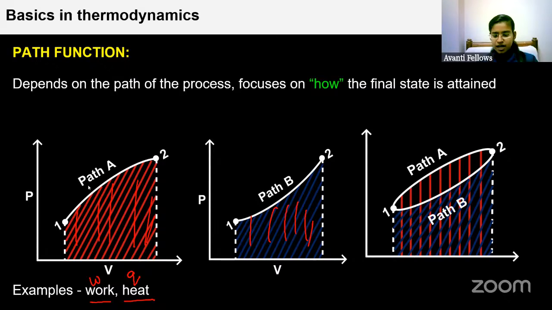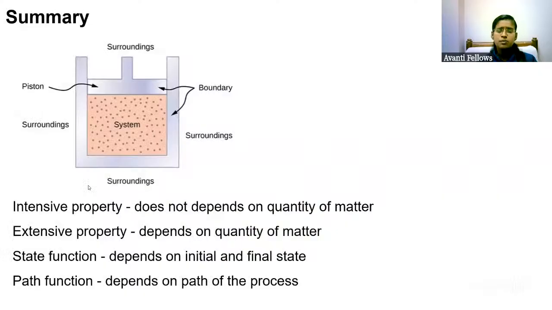Now let me summarize the things that we have discussed so far. We have discussed system, surrounding and boundary, intensive and extensive property, state function and path function. So these are all very important points that you have to keep in mind from the basics in thermodynamics